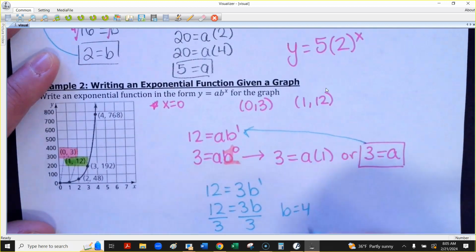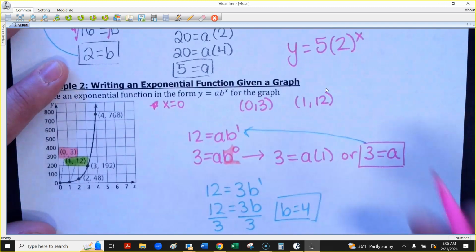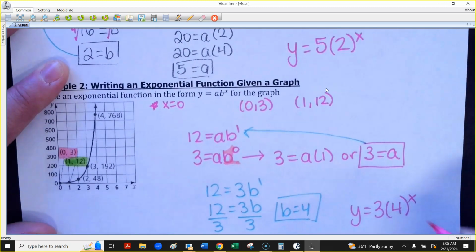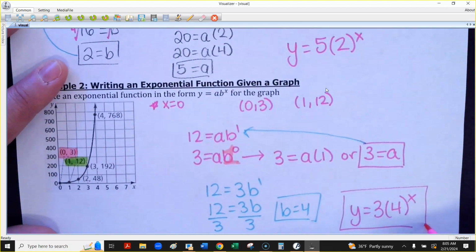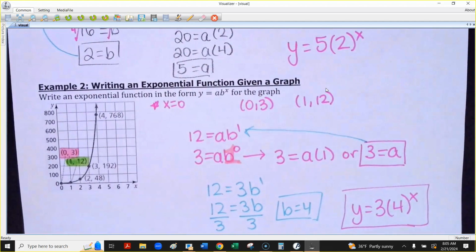So then I'm done, and I just want to write the model with both of those plugged in. So I would write y equals a, which is 3, times 4 to the x. And again, don't multiply those numbers together because you have to do the exponent first. So every time what's going on here is I am multiplying the y